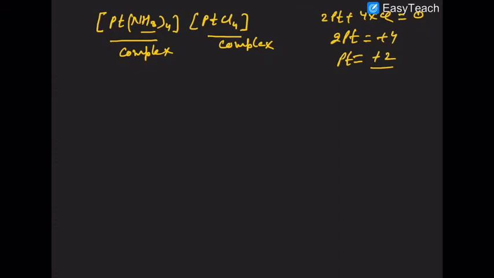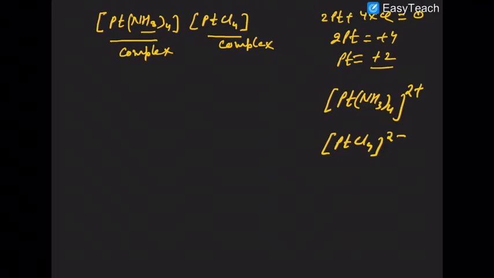Moreover, how it can be seen, that the cationic complex should be written like that, and the anionic should be written like that. Okay, are you getting that? So this is very important. Why? In that case, what will happen? In the cationic complex, platinum is called platinum, but in the anionic complex it should be called platinate. So how would you name that? Let's look at that.